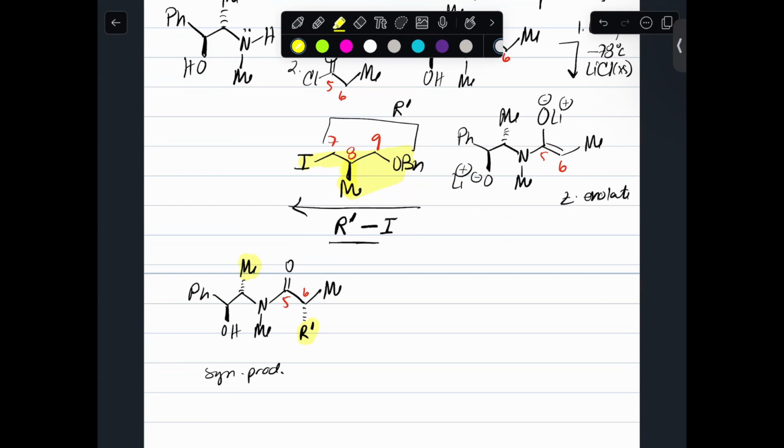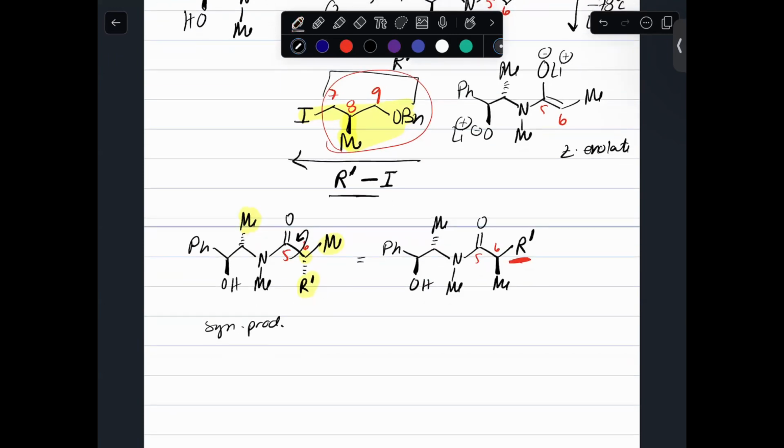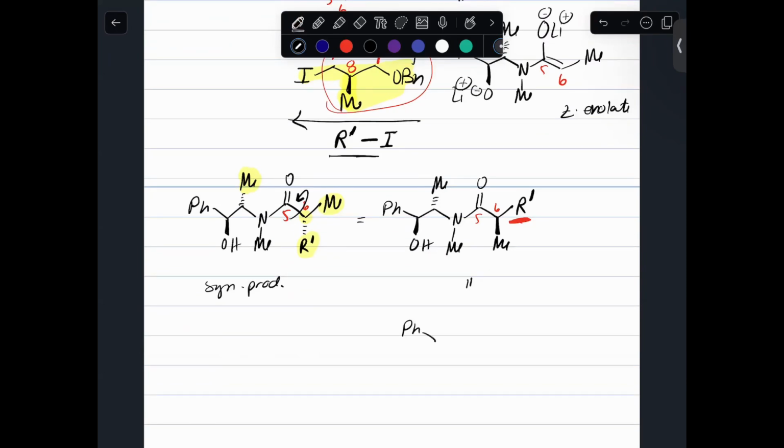I'll do the same thing that I did before. At carbon 6, the methyl group is what has the stereochemistry. So I'm going to rotate about 5 and 6. It's not a reaction. It's just rotating. So that my R prime is on the plane of the page. And if I rotate, my methyl group is wedged. Now what I can do is substitute my R prime for what my actual alkyl group is. And what I get is